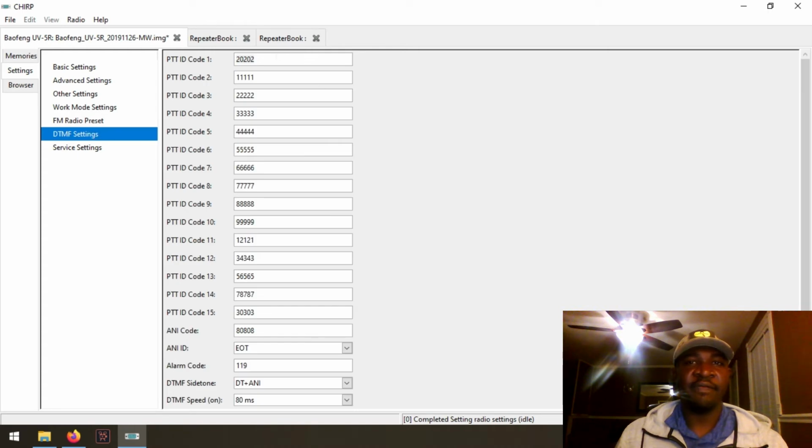DTMF settings, if you are programming your radio and these are missing, refill them with what we have here. Code 1 is going to be 20202. Code 2 is 5 1s. Code 3 is 5 2s. Code 4 is 5 3s. Code 5 is 5 4s. Code 6 is 5 5s, and code 7 is 5 6s, code 8, 5 7s, code 9, 5 8s, code